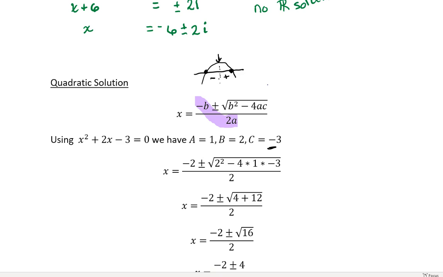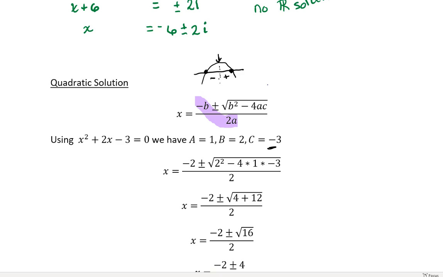So I'm going to go ahead and plug in all of the numbers into the particular places in the formula. At this point, it becomes just plugging everything into the right place and then doing my arithmetic. So it's going to be a negative, or the opposite of 2, which is a negative 2, plus or minus. Well, 2 squared is going to become a 4. And then I have minus 4 times